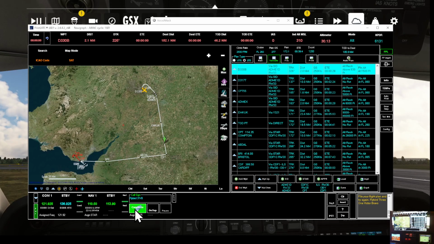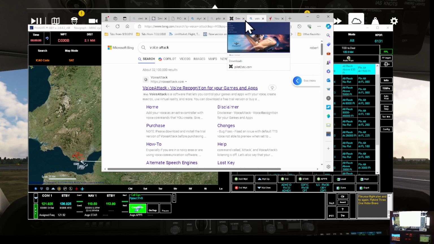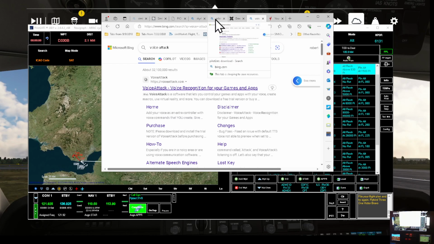Now, rather than making it really difficult and trying to explain you need to do this, that and the other, I found a really easy method for you. You go to this here, and if you go to the product page, which we said, I think it was the pilot2atc sky4sim. No, it's another one. I'm going to give you this one. If you go to